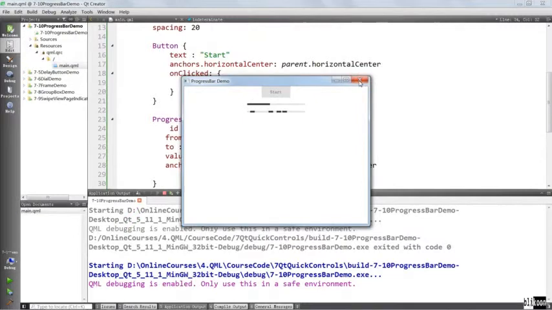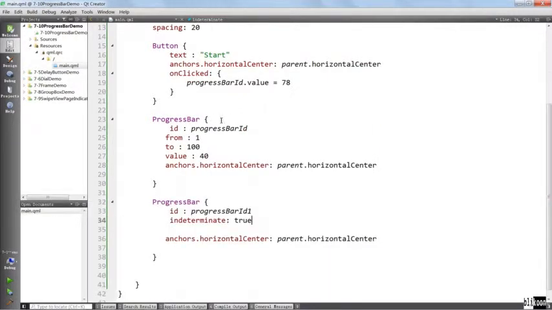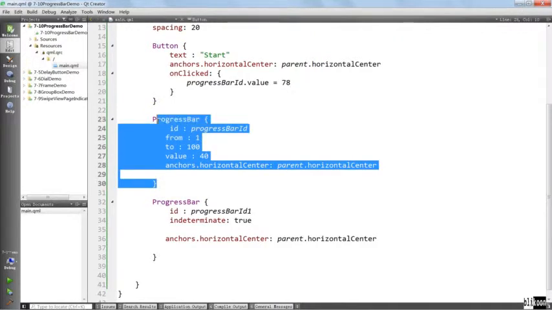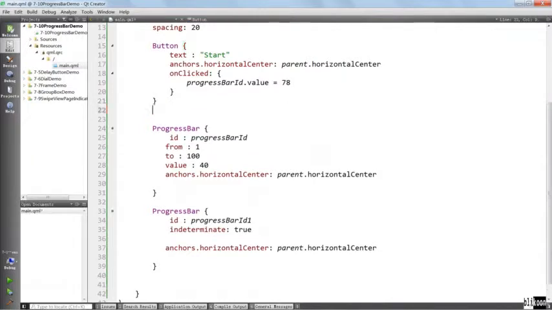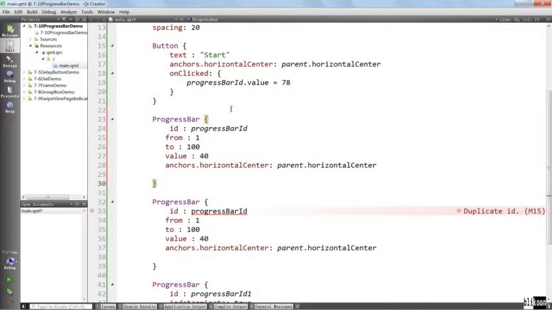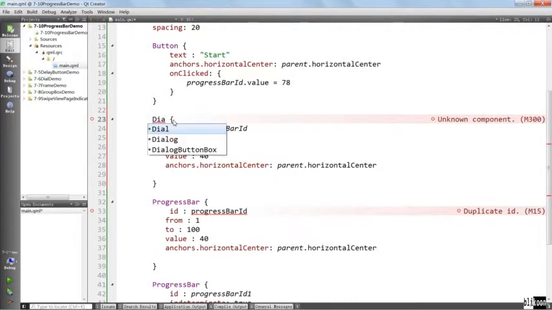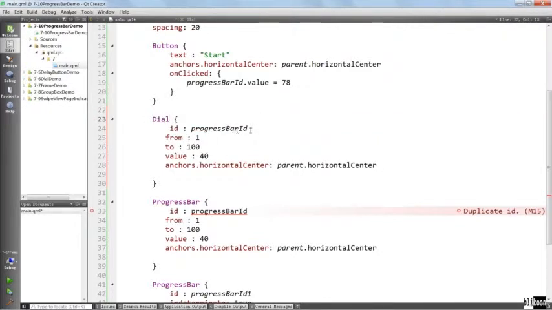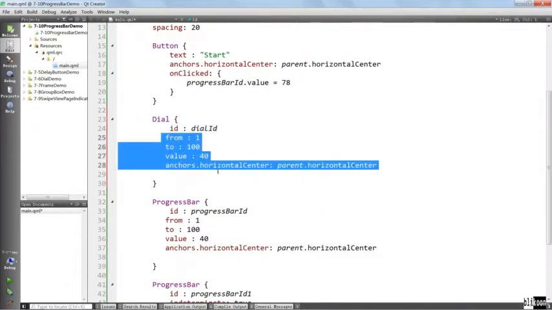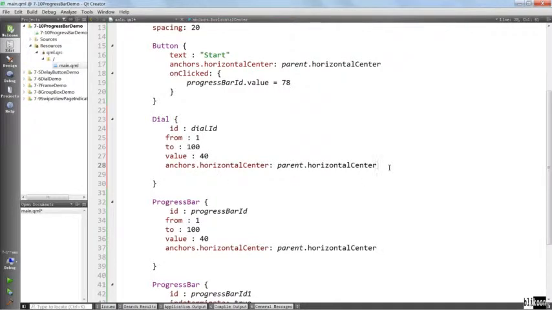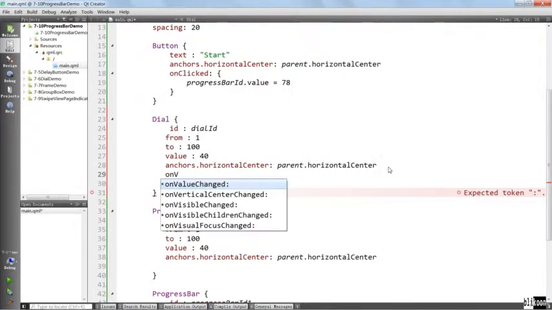Okay, to make things a little bit interesting and give you a chance to do some practice, we're going to put a dial control on top of the first progress bar here. And what we can do is basically very easy. We change this to a dial control. Let's call this dial ID. The inside is not going to change, but when value changes,